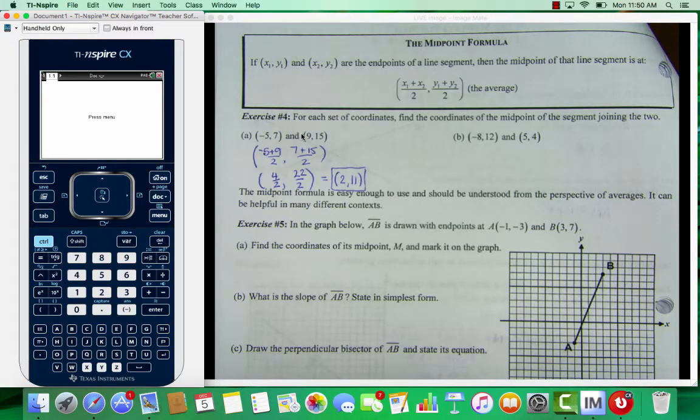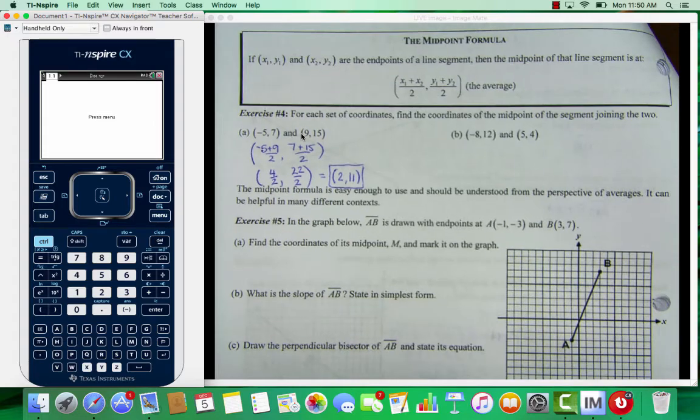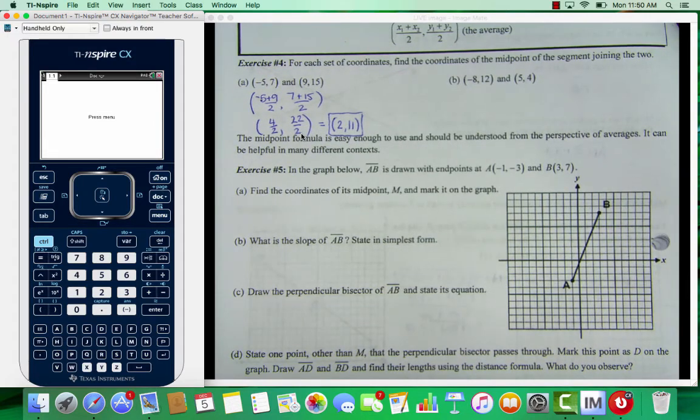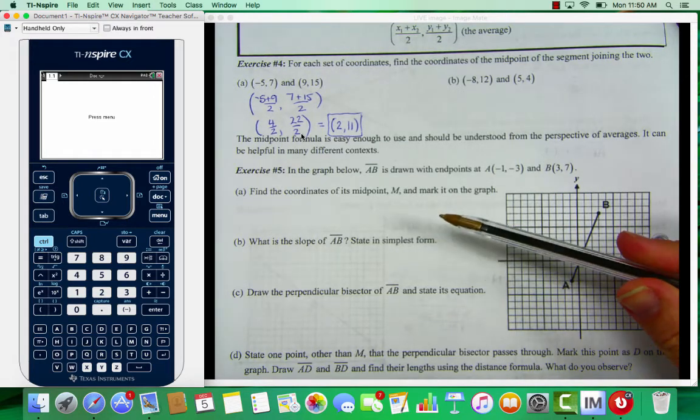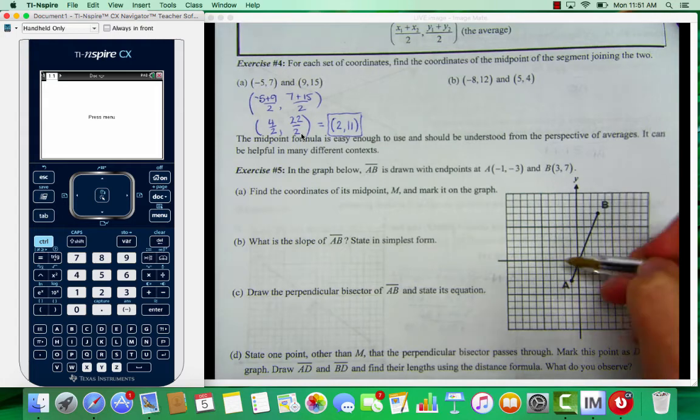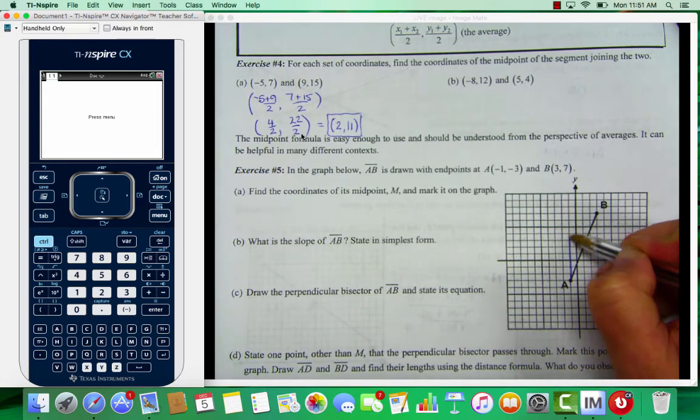All right, so there's another way that you can take a look at finding midpoint, and that's if you have a graph, or if you don't have a graph, if you're willing to take the time to plot the 2 points. Basically, if I have this segment here and I want to find the coordinates of the midpoint, I can work it off to the side and find the average of the x's, average of the y's, but if you think about turning it into a right triangle again,